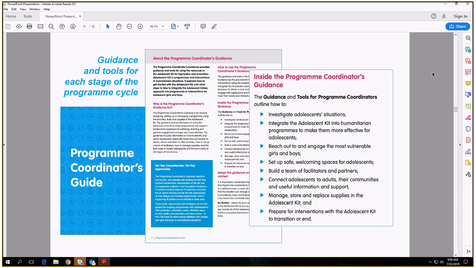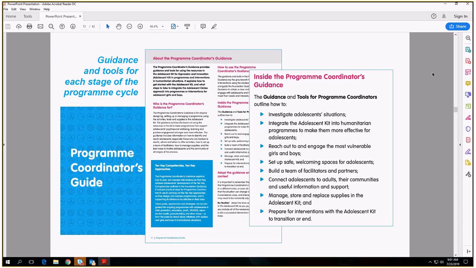Next slide. Again, this is just to give you one example of the kinds of resources in the Program Coordinator's Guide. Overall, the guide provides you guidance and some tools that are aligned to each stage in the program cycle. So if you look over on the right side of the slide, you'll see this bullet point list gives you the stages of the program cycle as we typically think of it, both in terms of UNICEF and all of our partners responding in humanitarian contexts and also just setting up programs in general. We usually start with the situation analysis. We think about reaching out to the most vulnerable young people, setting up programs,